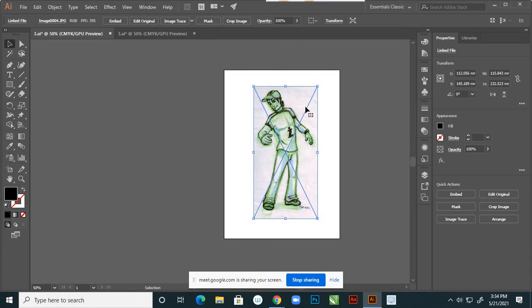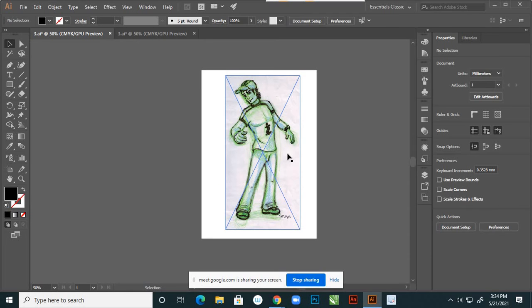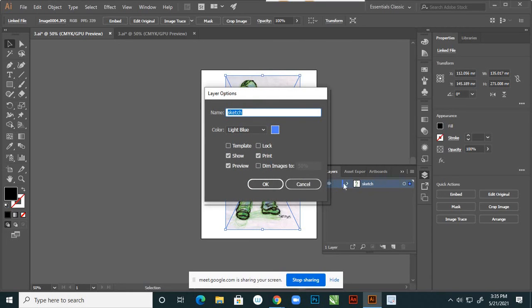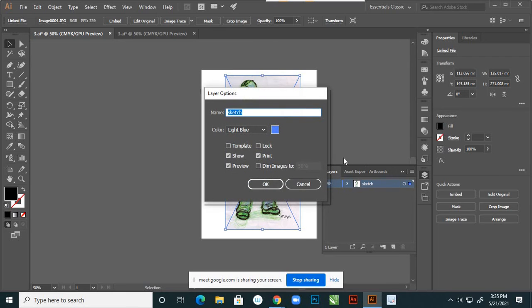See, now you'll understand this is what a linked drawing is. So for the tracing purpose, how to trace that? First select this drawing, and see there is a layer here, right? And give the name Sketch. Here you double click on that layer. Not here, here means renaming, right? This corner, double click on that.